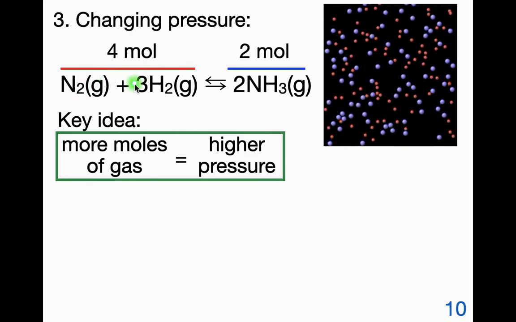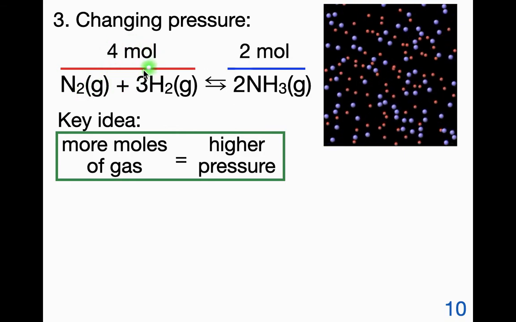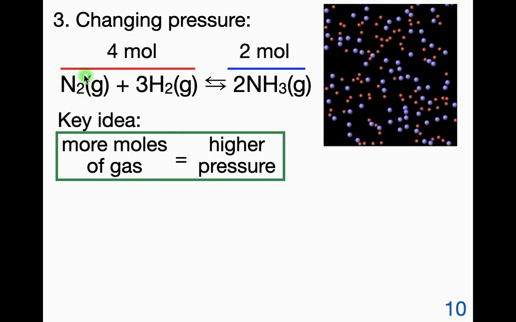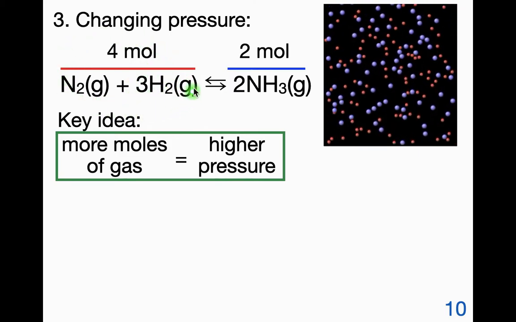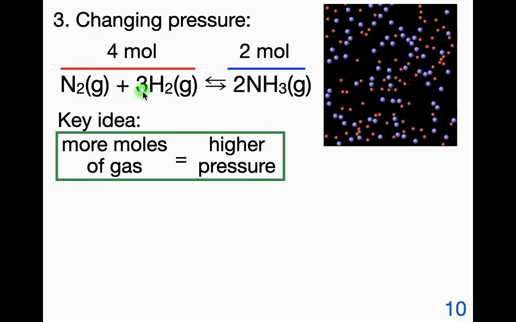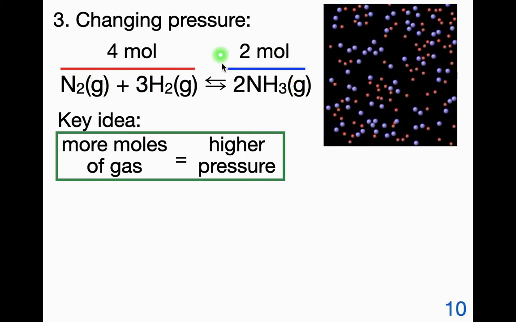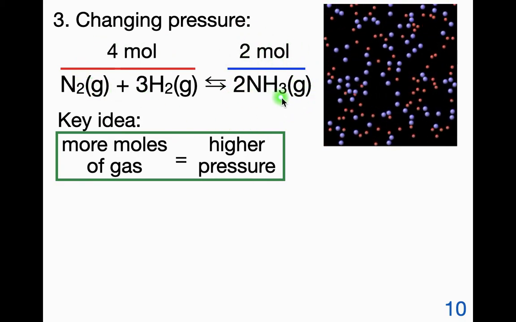For this reaction, we have 4 moles of gas on the reactant side. We have 1 mole of nitrogen and 3 moles of hydrogen. So there are more moles on the reactant side than on the product side. The product side has only 2 moles. So